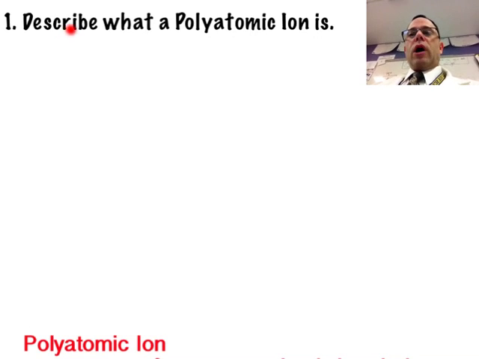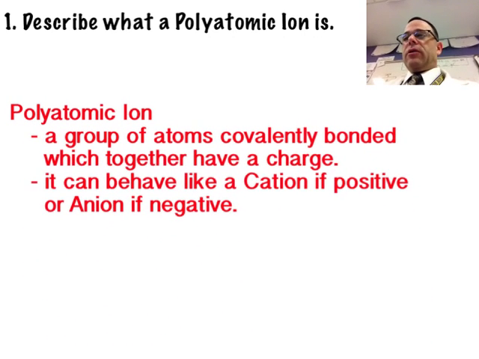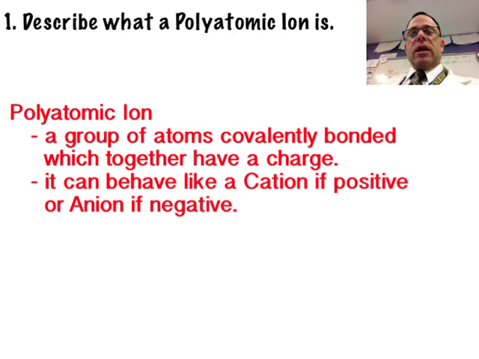So let's first describe what a polyatomic ion is. Here's a definition I put together using the internet and some of my own thoughts. A polyatomic ion: poly meaning many, atomic meaning atoms, and ion meaning a charged particle. So the definition is a group of atoms covalently bonded which together have a charge. It can behave like a cation. Remember, a cation is a positively charged ion if it is a positive polyatomic ion, or it could behave like an anion if it is a negatively charged